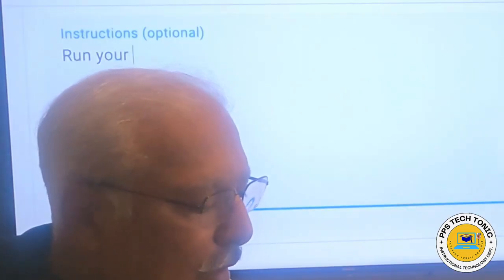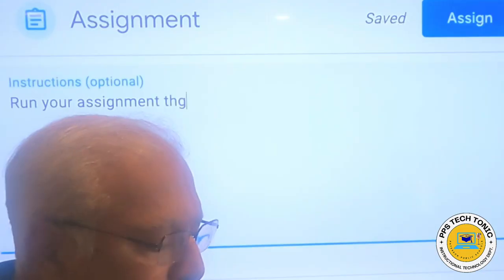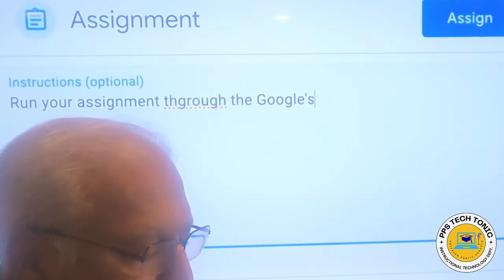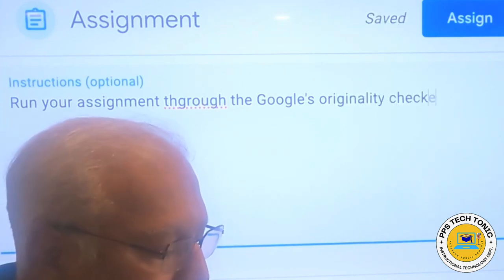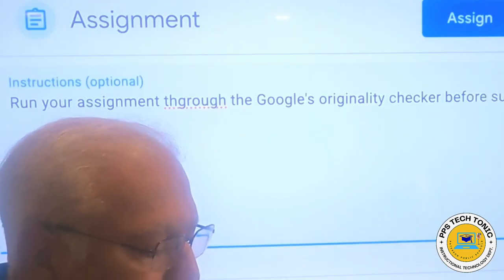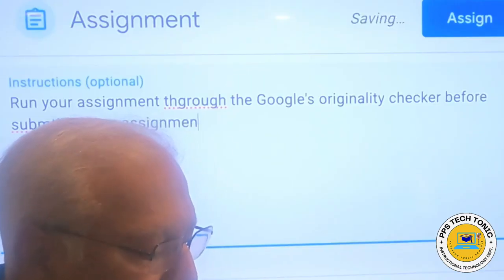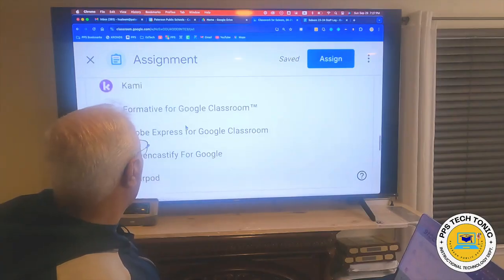run your assignment through the Google's Originality checker before submitting your assignment. But here, if you look at that, if you need to make any attachments to this, all of these options go here,